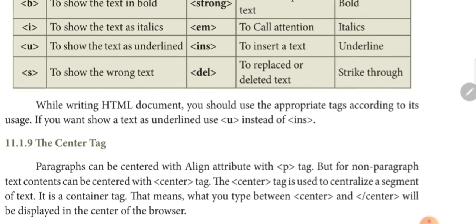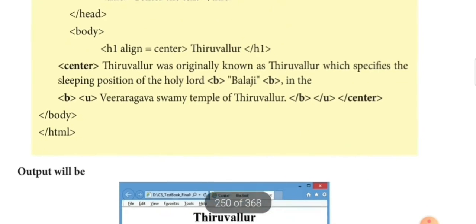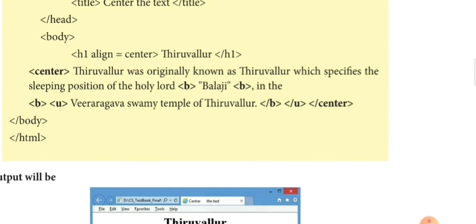Okay, wow. And the next one is the center tag. Go on with the example. Yes, see here, you are having only 3 lines. So here they have applied a few extra formatting also. Since you are having only 3 lines, here you are using the center tag. See here, it is center as the opening part, and here only you are going to have the ending part, that is the closing tag. So in between, the 3 lines will be centered for you.